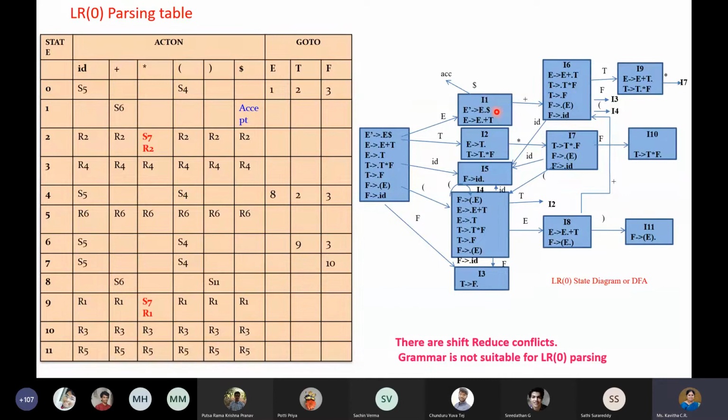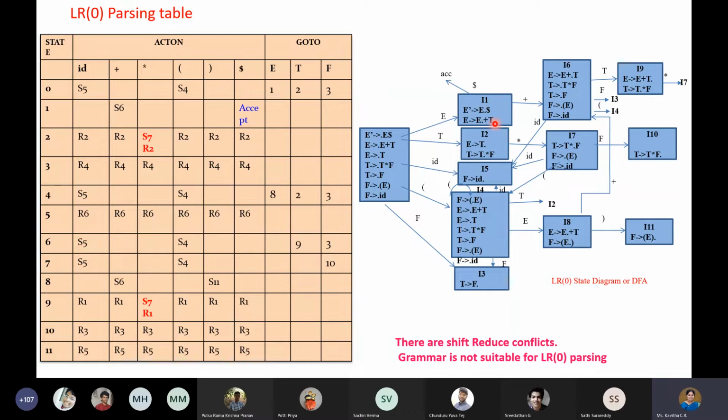So what happens now? According to this, E dash gives E dot dollar. So what I am supposed to read next is dollar. But dollar is the end of file marker, meaning I have finished my parsing. So for the dollar symbol, you are going to put accept. This is a special case where you are going to read the dollar symbol. The next symbol to be read is the dollar symbol, meaning your input is processed completely. And also you are going to verify the stack content later, and it should go to the accept state. So it is accept on dollar at state number 1. Because of this rule, we say it is accept.